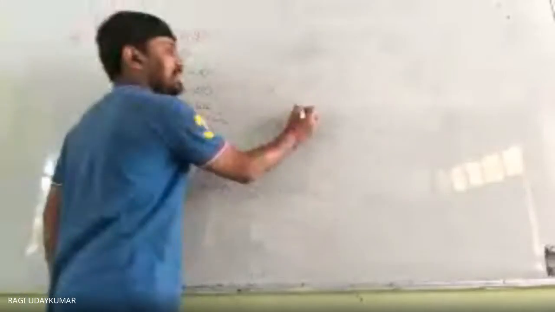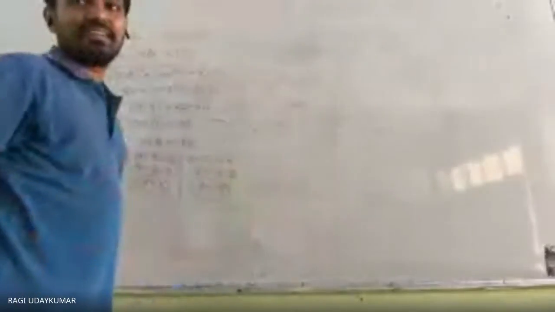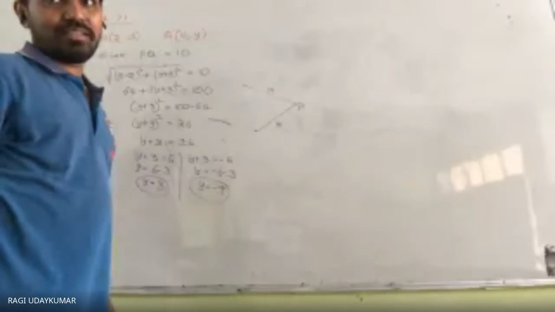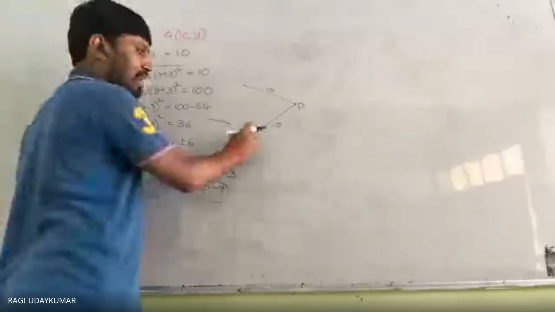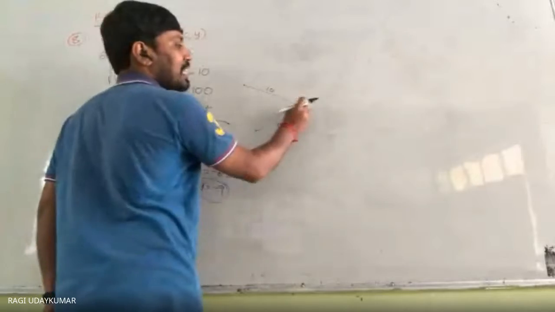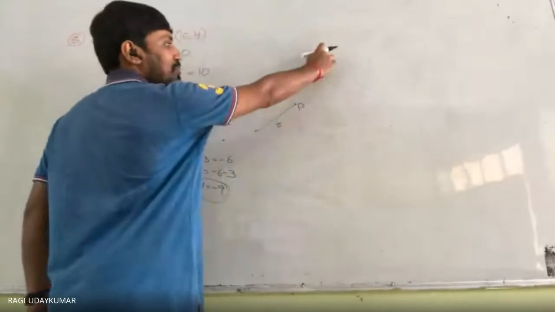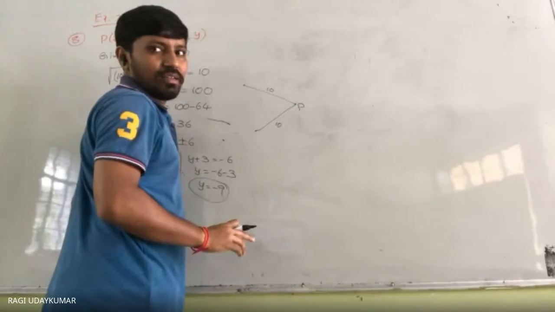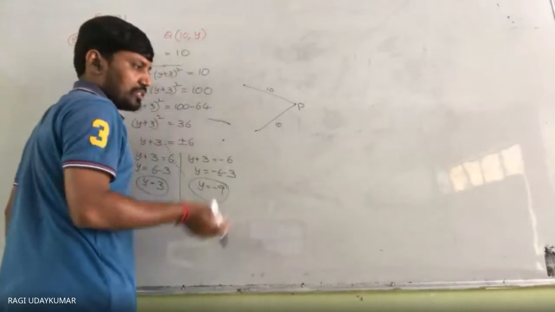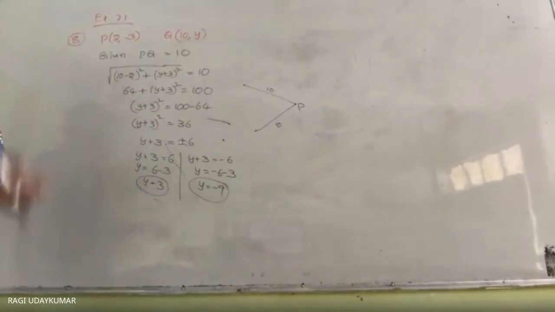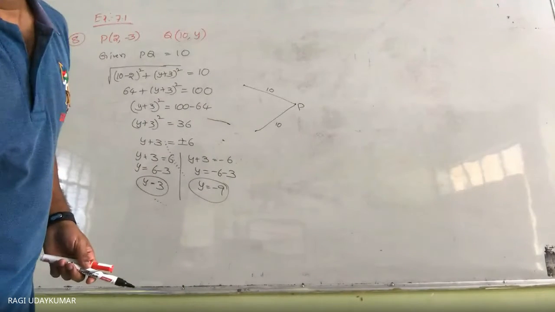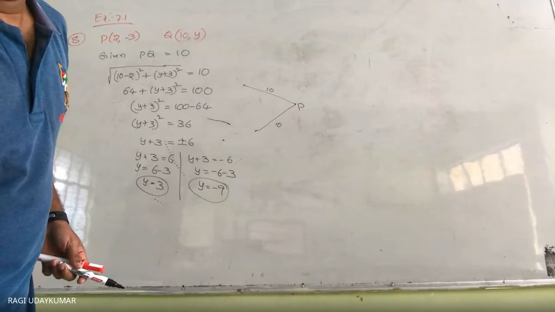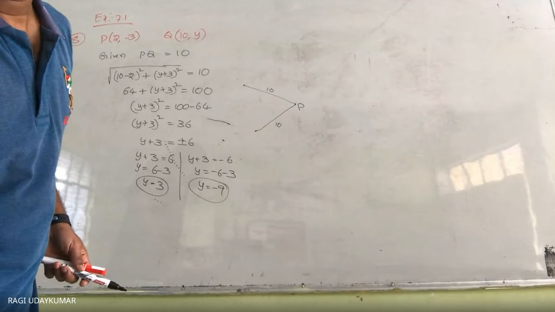दिस इज अ पॉइंट P. लेट अस कंसीडर 2 comma minus 3 एंड Q पॉइंट कैन बी 2 पॉइंट्स हो सकता है ना. इधर अगर ये पॉइंट इधर भी हो सकता है, ये पॉइंट इधर भी हो सकता है, और इधर भी हो सकता है. But there is a possibility of 2 positions. So that my y value can be either 3 or minus 9. Okay? समझ में आया? Yes, sir.